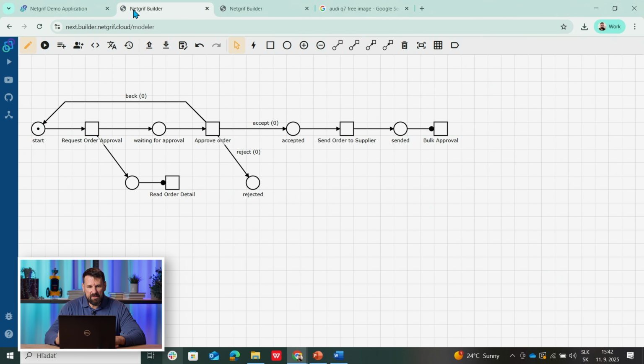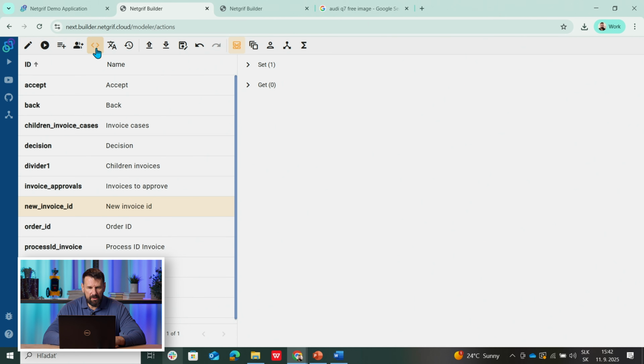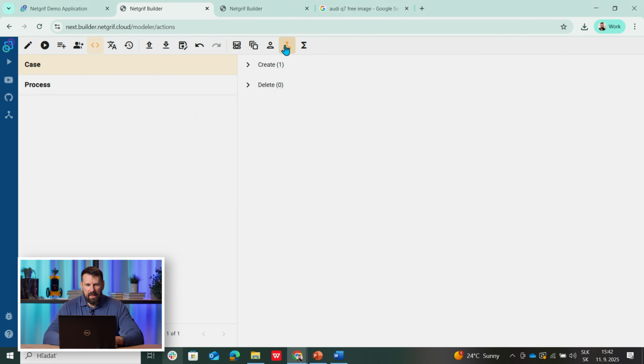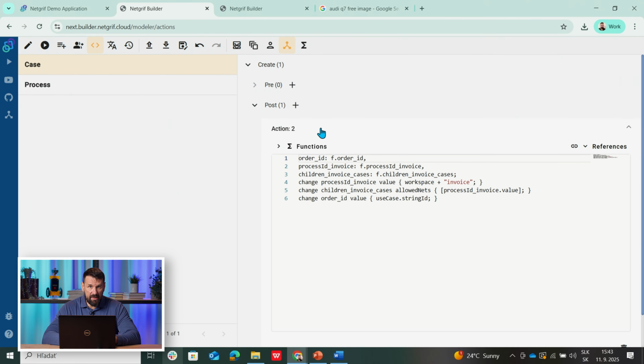So we will start with the order, and if we go to action edit view, okay, so we can see that first of all, when we created a new order, so we have in post phase of this constructor event